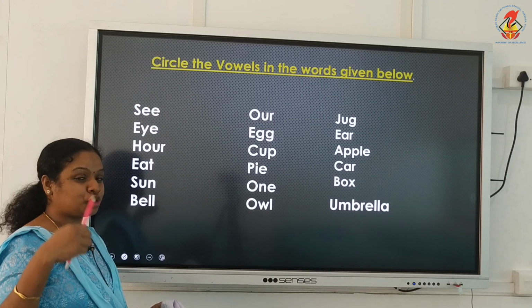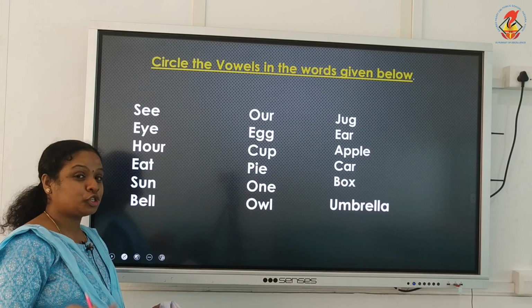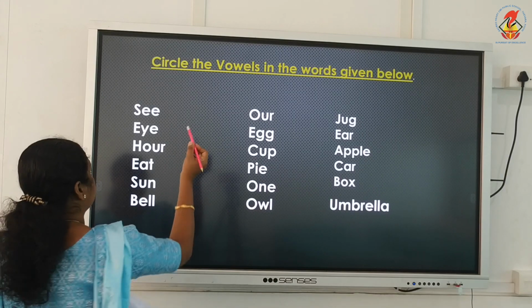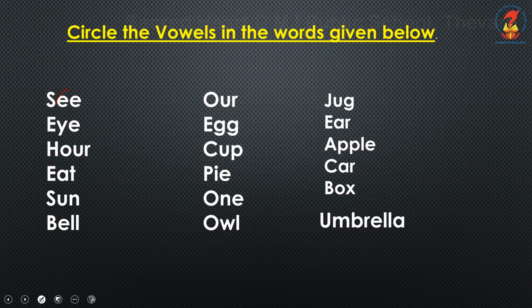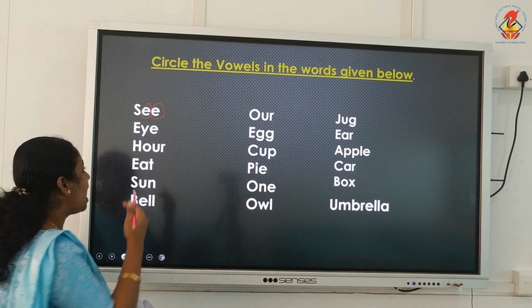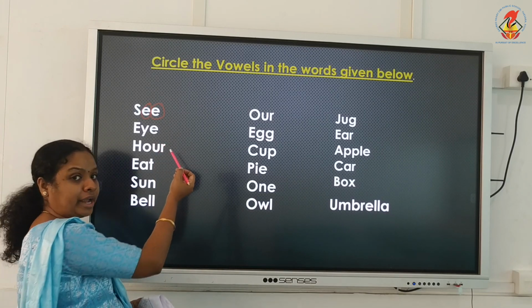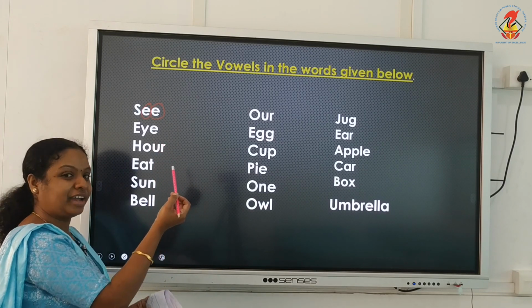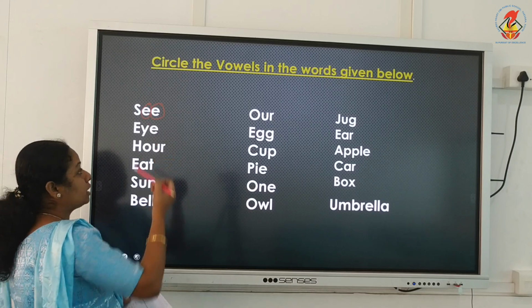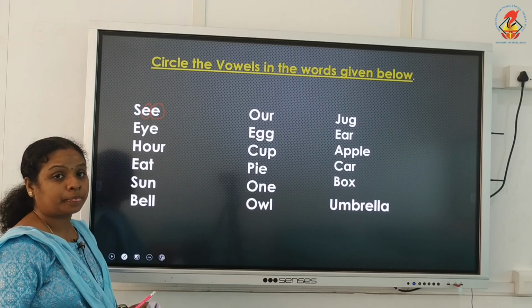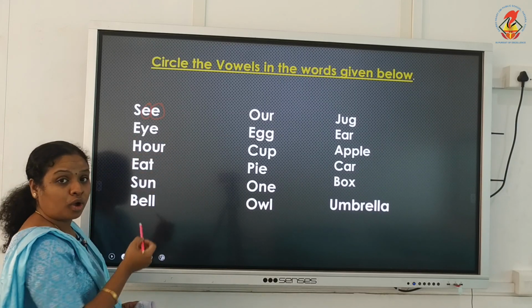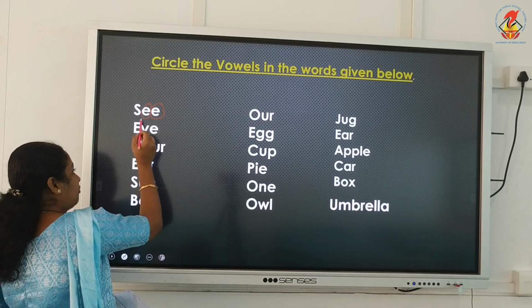Okay. You just take out your pencil. You have to do along with me. So, you have to circle these 2 E's. Have to circle it. E, E. Okay. And the next word given is what? I. Okay. So, which are the vowels given? Is E a vowel? Yes, we have to circle the first E.